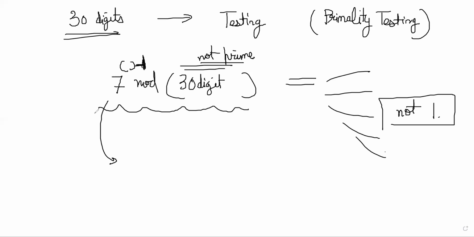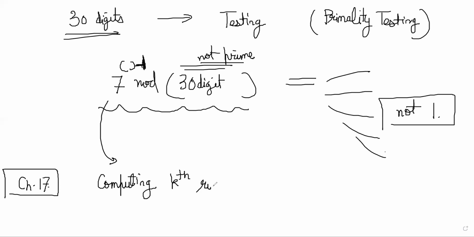So what I want you to do is now just read through the chapter. The algorithm and a little bit that he has mentioned here and why this method is useful. Just read through the chapter. Also, now you will be able to read through chapter number 17. Chapter number 17 is actually computing kth roots, computing kth roots modulo m. So basically the opposite thing, right?